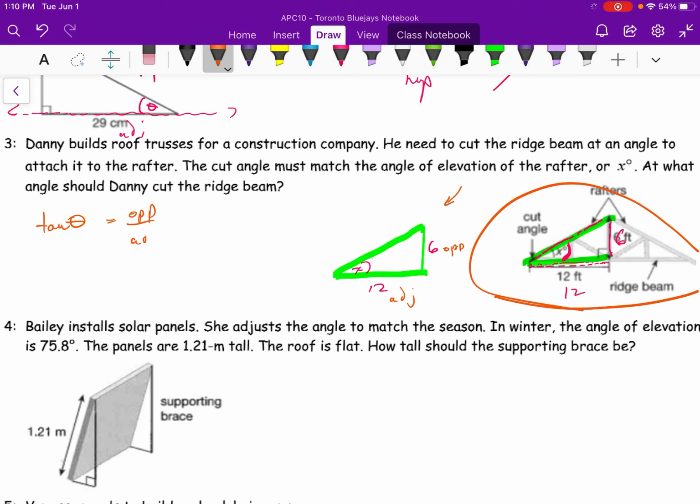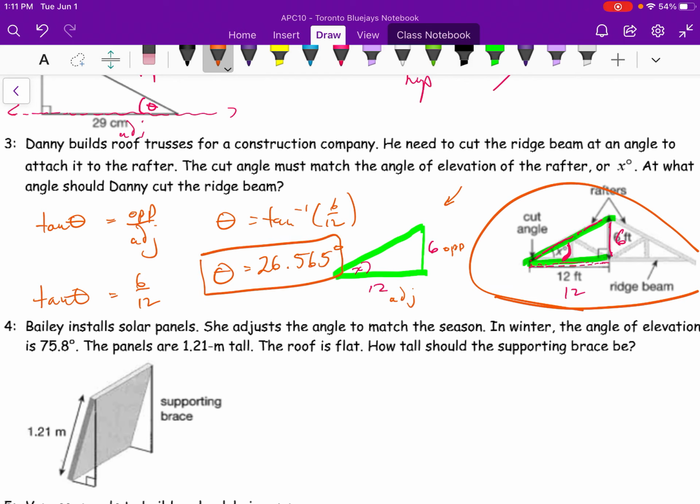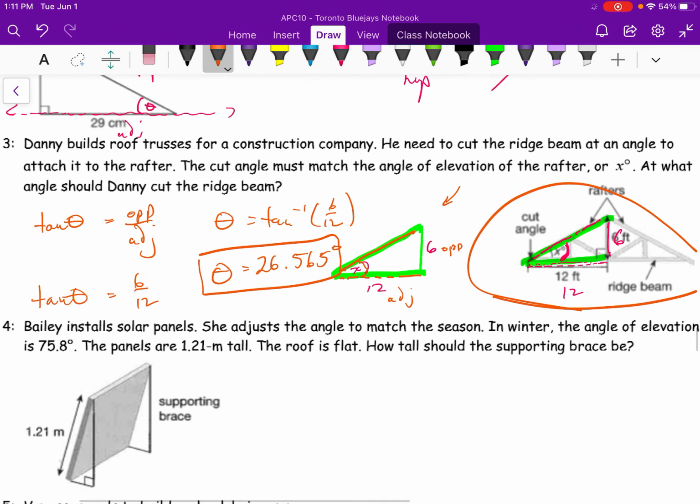Well, that's tangent theta. Tangent theta is equal to opposite over adjacent. It would be TOA. So tan theta is equal to 6 over 12, or theta is equal to inverse tan of 6 over 12. And what I get is theta is equal to 26.565 degrees. And that's the angle of elevation. It is an angle that is above